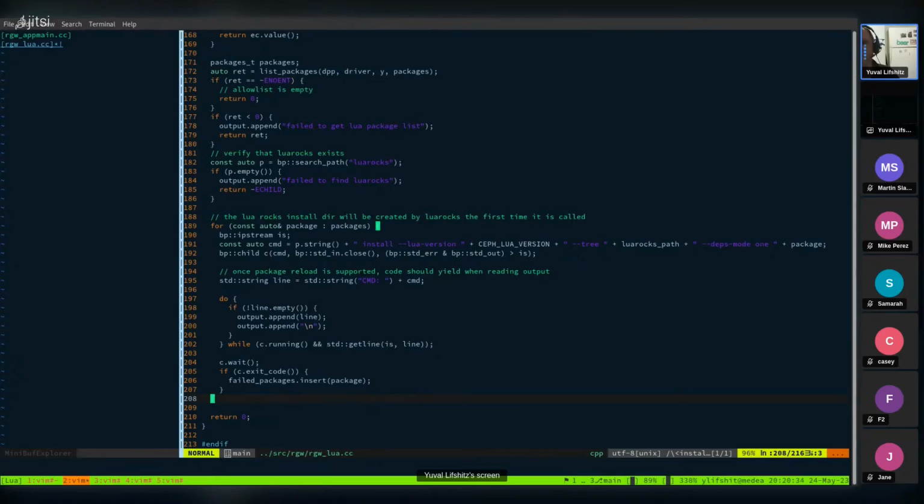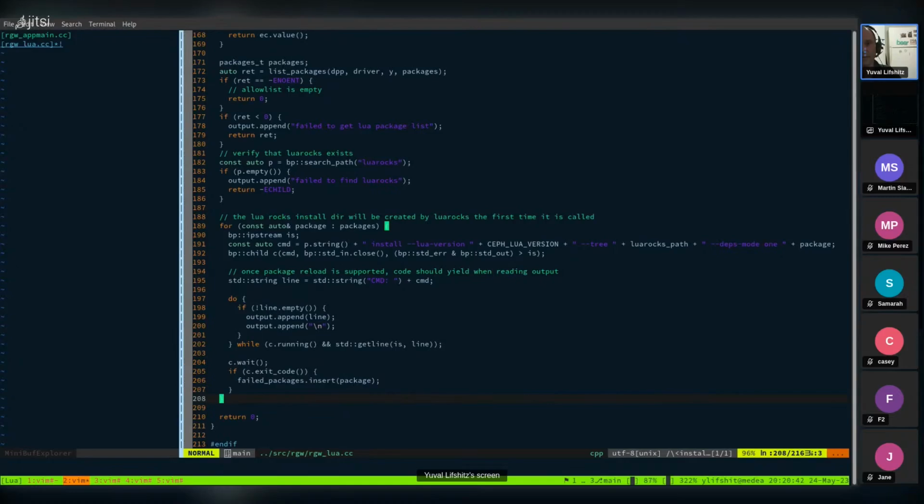So if for some reason the installation failed, then people would have the information of how to debug that. So I think this covers all the bits that are needed for the management. So we know how the code works for managing scripts. We know how the code works for managing packages, and what actually is happening when we add or remove a